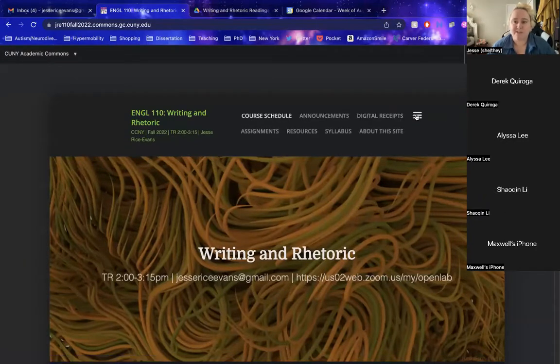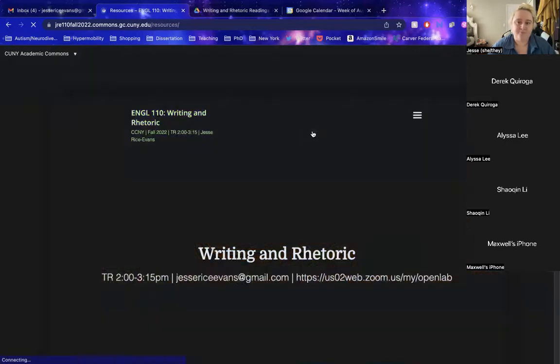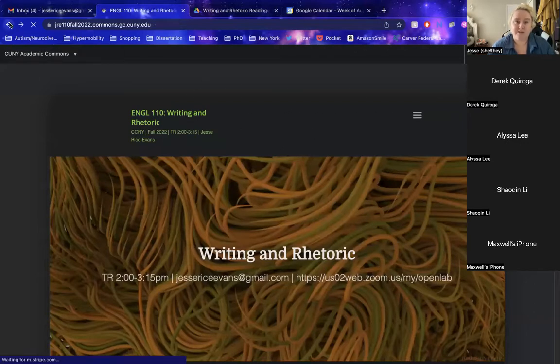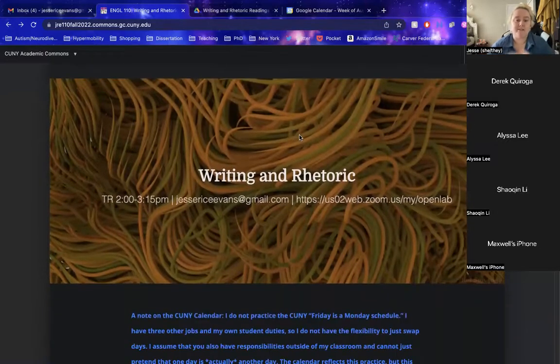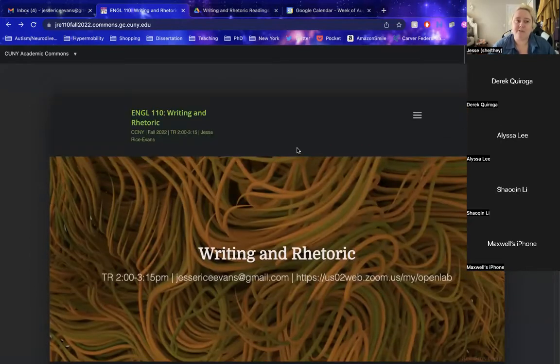So I can hover over this menu section up at the top here, and I can view these different sections of the site and navigate to any one of those just by clicking in the menu. Even if I'm not signed up for the Commons yet, I can still view the site. I can still see all the content that's there. I'm just limited in the fact that I can't create a new post and post it to the site myself.